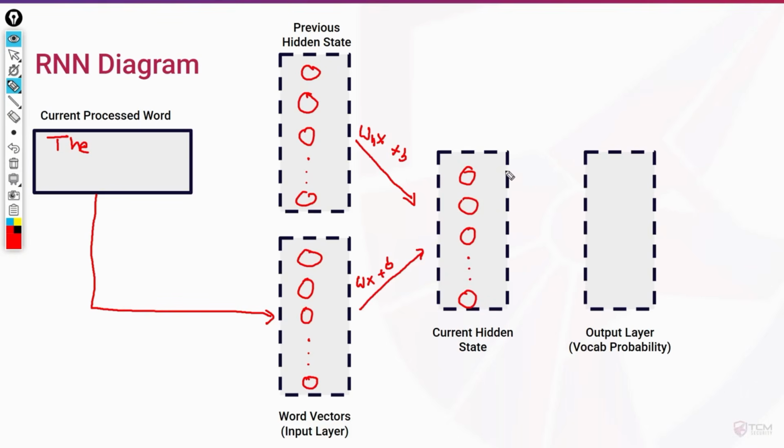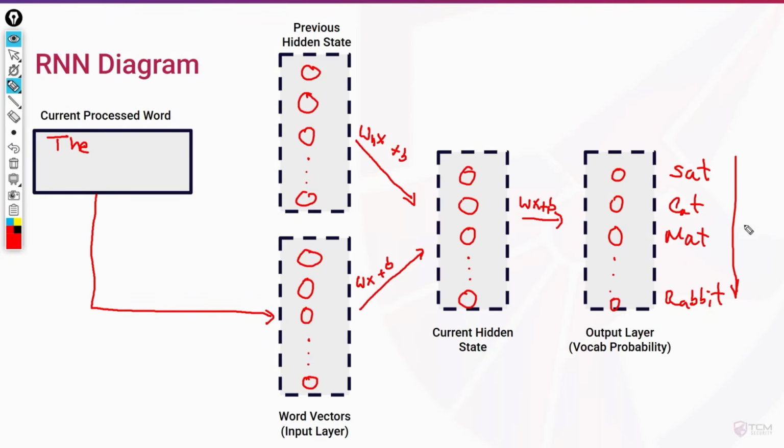And then we're going to have another set of weights and biases here that are then going to give us our output layer again. And these are just going to be words. So we might have like sat, cat, I don't know, mat. I'm just picking out random words here. Rabbit. So this is again going to be the length of the vocab,